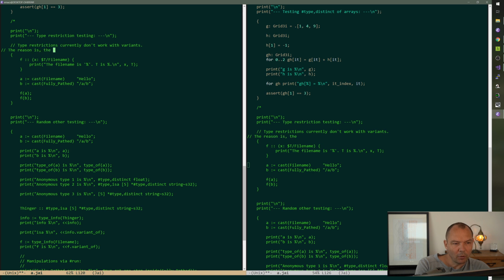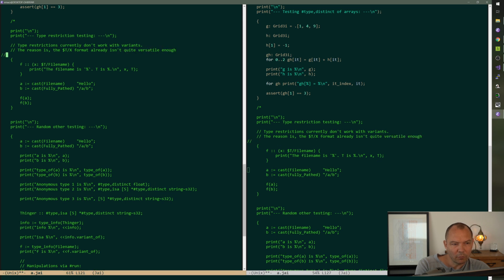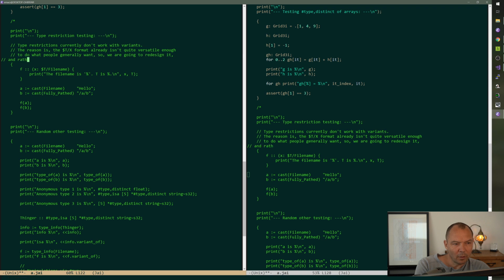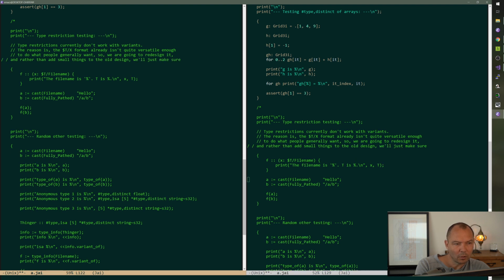The reason is the $t/x format already isn't quite versatile enough to do what people generally want, so we are going to redesign it, and rather than add small things to the old design, we'll just make sure the new design is powerful enough to do all these things.